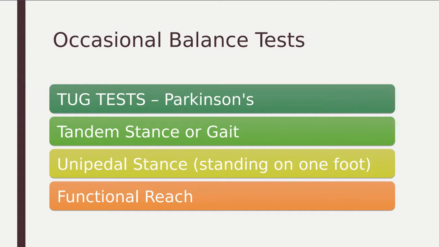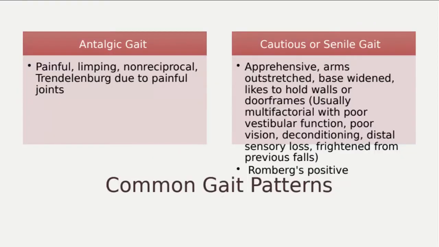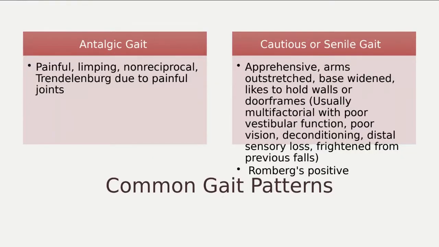Pay attention. We're almost through with this PowerPoint. This PowerPoint goes extensively into different types of gait patterns. You will be asked about different types of gait patterns. So the difference between antalgic versus cautious or senile, right? Antalgic means they're limping or they're hurt in some type of way, versus a cautious one is like